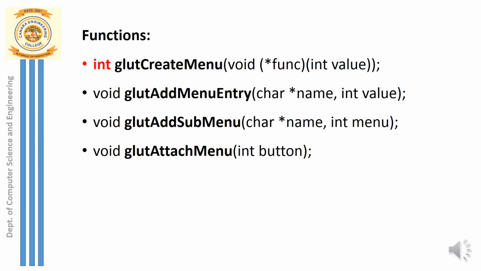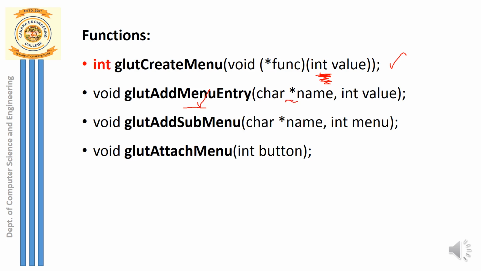So in OpenGL we have all these functions to create the menu. The first function is glutCreateMenu, and you see here a value is returned whenever you create a menu. We'll see that in the example. The next OpenGL function, after creating a menu, is to go on entering the menu entries. You may have multiple menu entries, menu options. So you go on entering each of the entries, and each entry is made by the function glutAddMenuEntry.